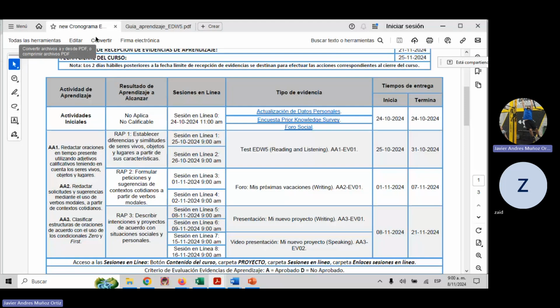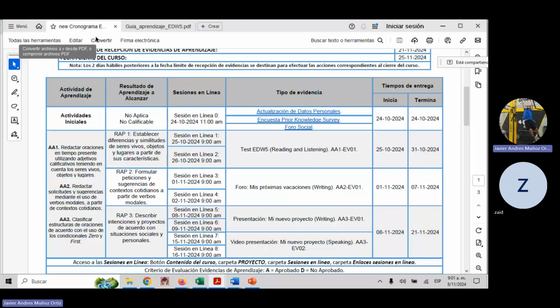And in this one, this activity is divided into parts, into activities: the presentation in terms of writing and the video presentation in terms of speaking. So this activity is pretty much the same. It's exactly the same, in fact, but it's divided into parts. Let's remember that in level 4, level 3, level 2, and level 1 until now, we always presented a video presentation. Let's accept the redundancy here. And this video presentation had two components, the written component and the video component, right?